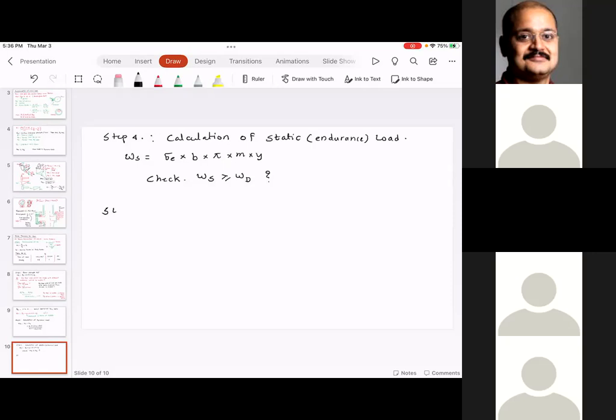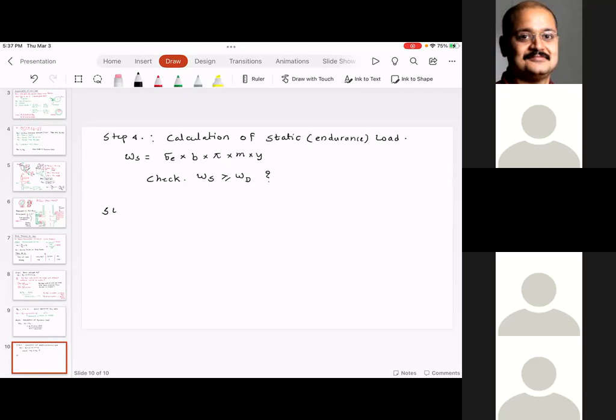The second thing that you can do is change the material. Say, if the material is not specified, then I go to table 28.8. Can you see that steel, depending upon the Brinell hardness number, can have BHN changing from 150 all the way to 400? At 150, the flexural endurance strength of the steel is 250. But if you go to 400, that is 700. Do you agree with me? So that option is also available.